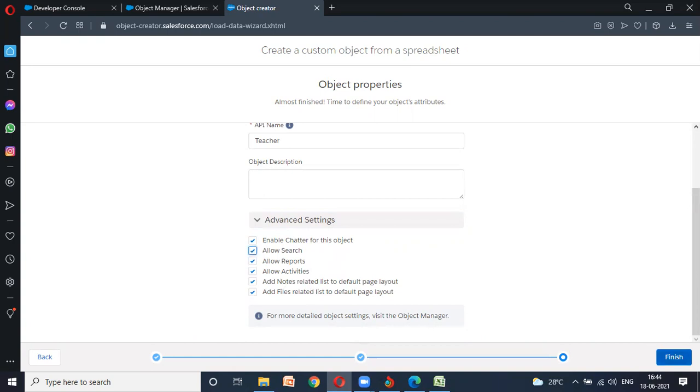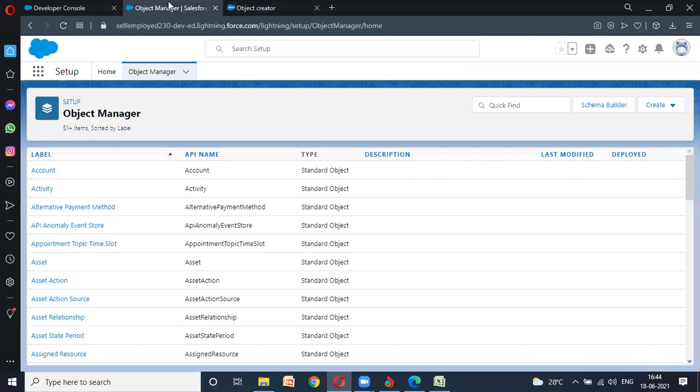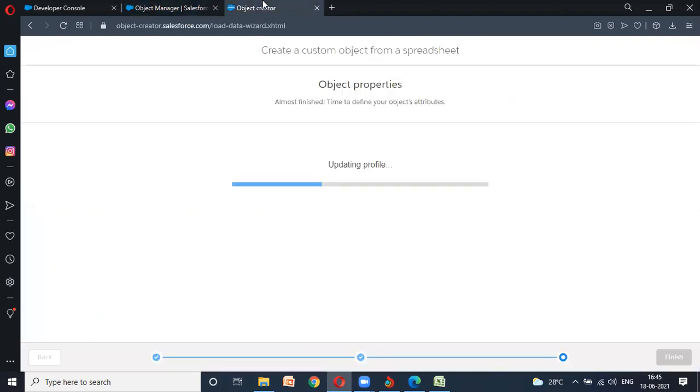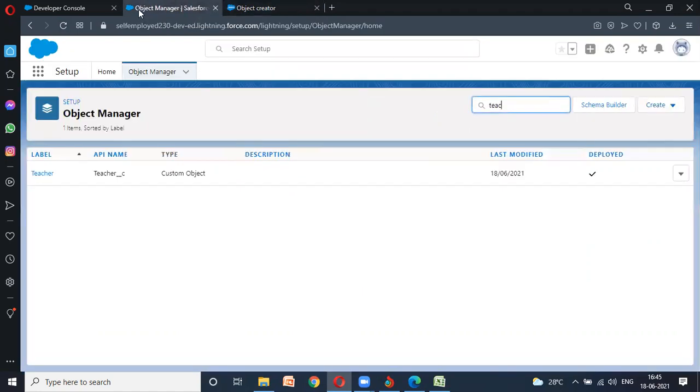Click finish. Meanwhile, let me check whether we have any object with the name teacher. Okay, it's already shown. Let me refresh it.